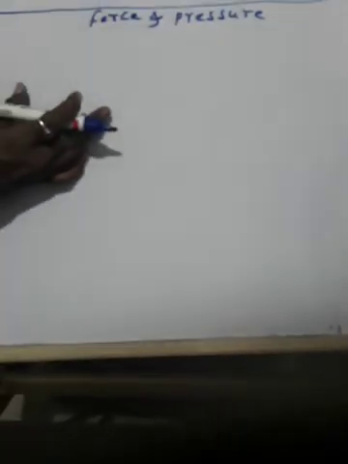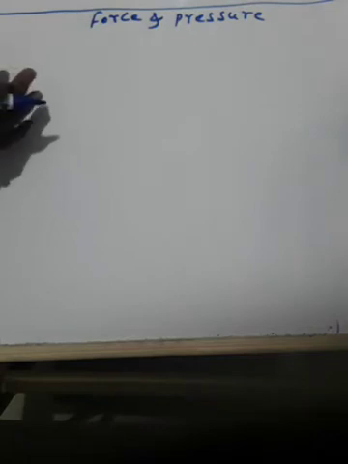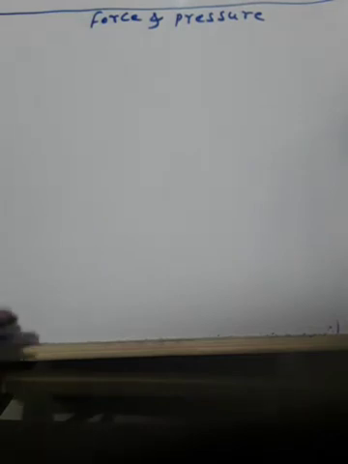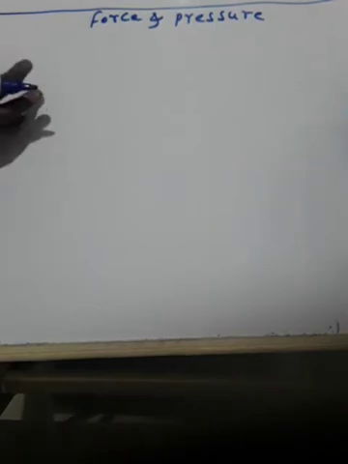In forces again, we have two types of forces: contact and non-contact forces. Contact force, you already studied. Muscular force is one of the contact forces. When you say contact force, two objects are in touch with each other, and only then does a contact force take place. And frictional force is also a type of contact force, where two bodies are there, but the motion of the object is in the opposite direction of the friction.